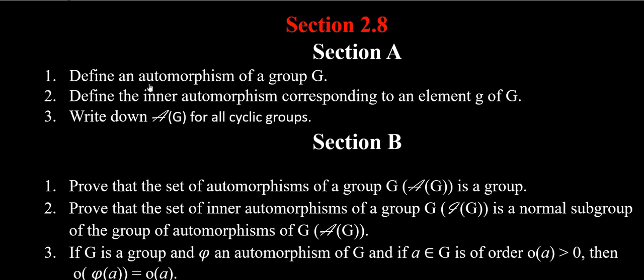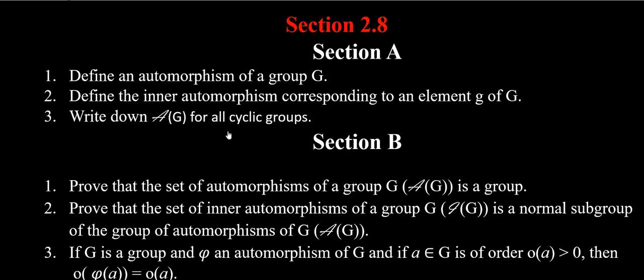Section 2.8 is automorphisms of a group. So we will have the section's content in the form of section A, section B, section C questions. First one is define an automorphism of a group G. Second one, this is a section A question: define the inner automorphism corresponding to an element g in G and write down script A of G for all